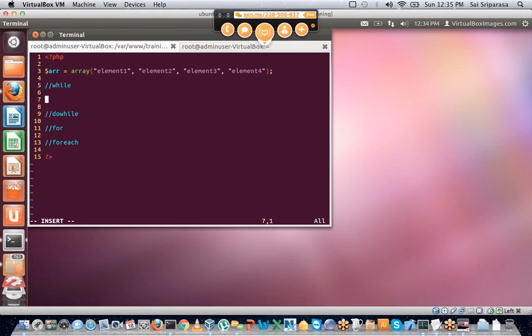Syntactically, while is the same as in any other language. We'll set a counter. We'll say $i = 0, since we know that the array indices start from 0. At this point we'll say while $i is less than, so we have 4 elements, since you have 4 elements, we'll say while $i is less than 4, echo, the language construct,